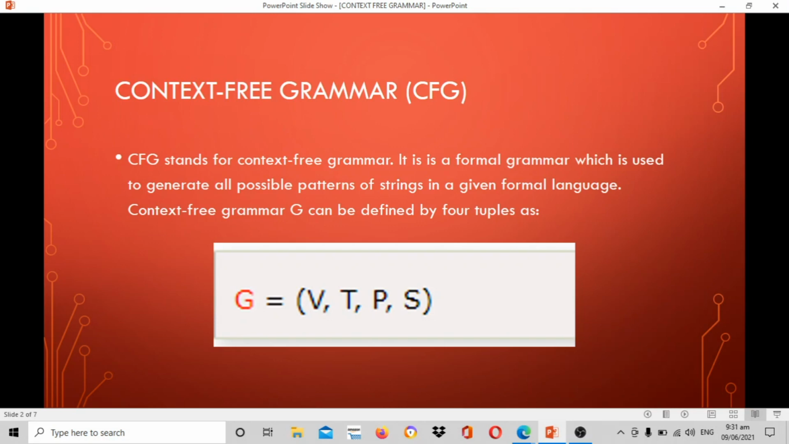So what is context-free grammar? Context-free grammar stands for context-free grammar or CFG. It is a formal grammar which is used to generate all possible patterns of a string in a given formal language. Context-free grammar G can be defined by four tuples as G equals V, T, P, S,